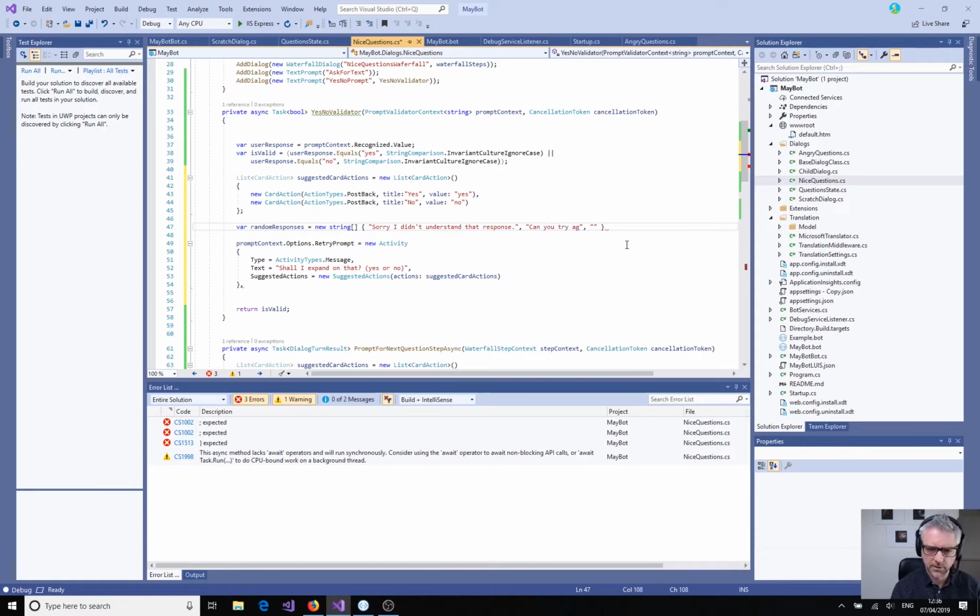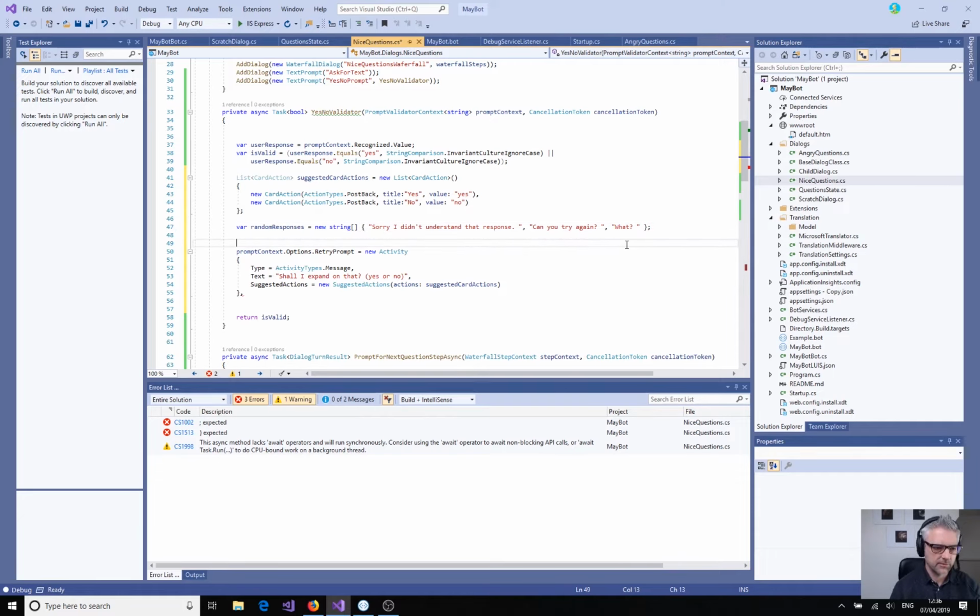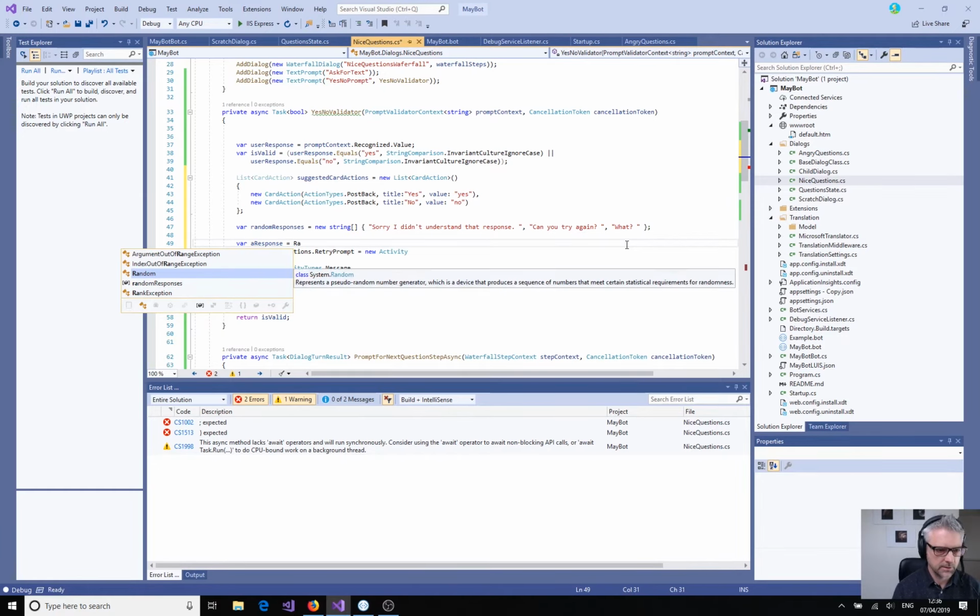Can you try again? Put a space at the end of these things. Just put some things in there, and then we can save our a response equals random responses,